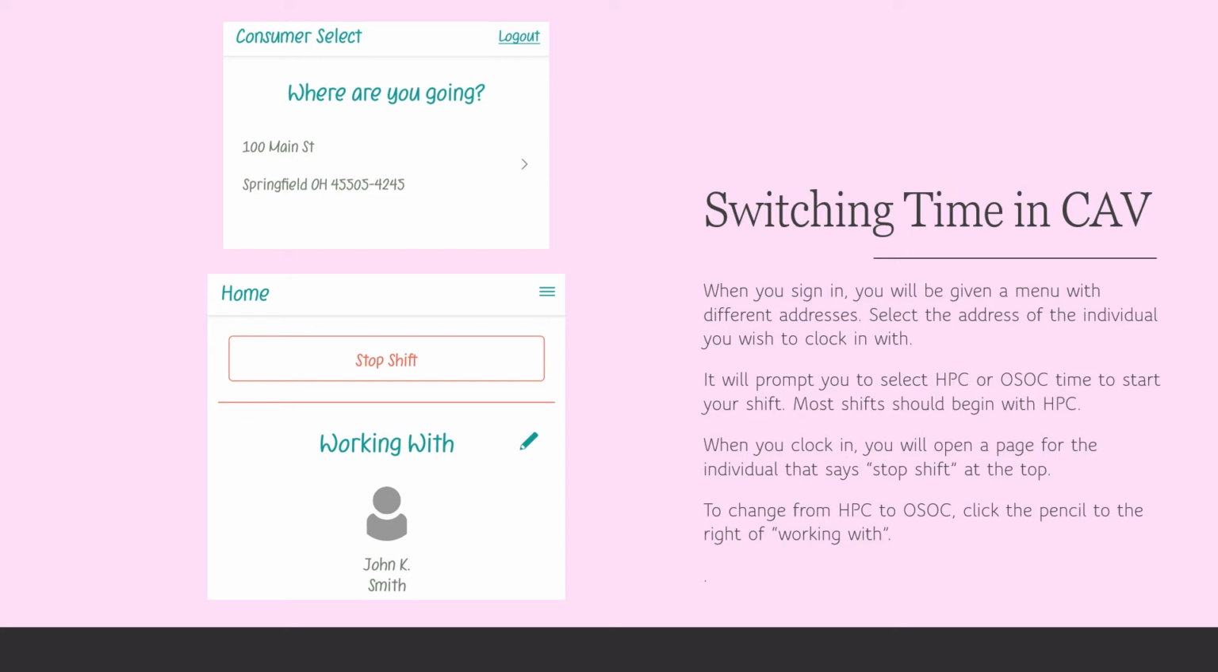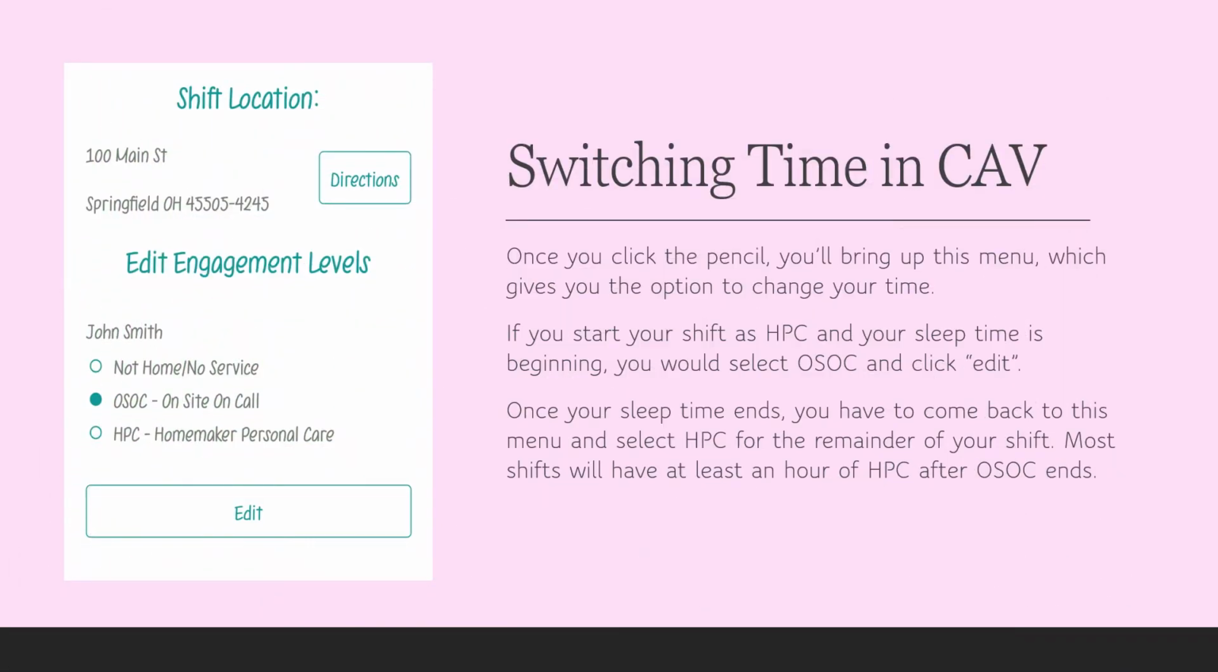When you clock in, you will open a page for the individual that says Stop Shift at the top. To change from HPC to OSOC, click the pencil to the right of Working With. Once you click the pencil, you're going to bring up this menu, which gives you the option to change your time. If you start your shift as HPC and your sleep time is beginning, you would select OSOC and then